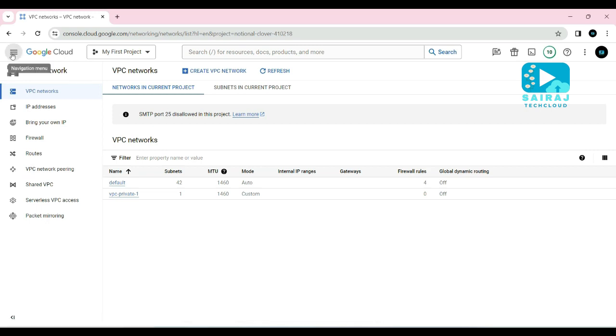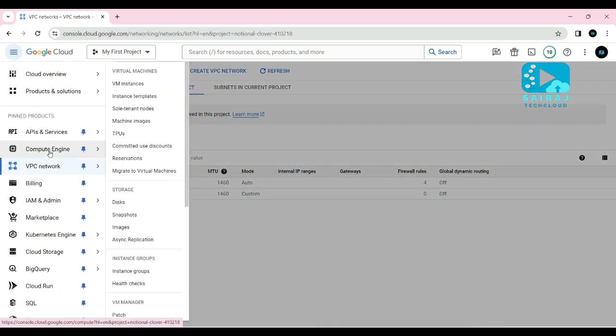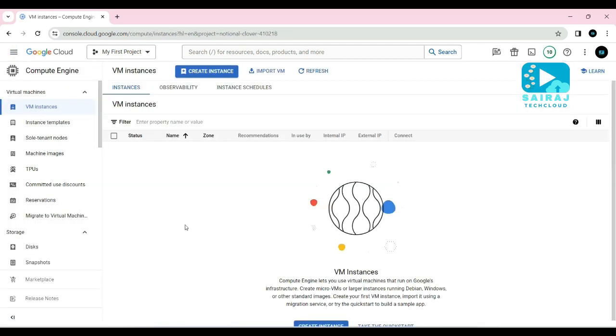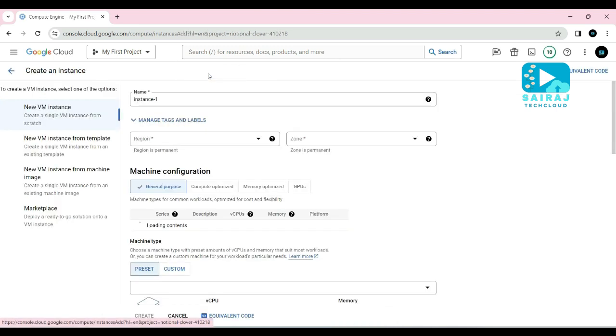Then guys, you can navigate to the Compute Engine web portal page. As you can see here, guys, this is the Compute Engine web portal page. Now I'll create 3 servers here. Then I'll show you how to verify each server inside a single private VPC network. Then guys, first click on create instance.